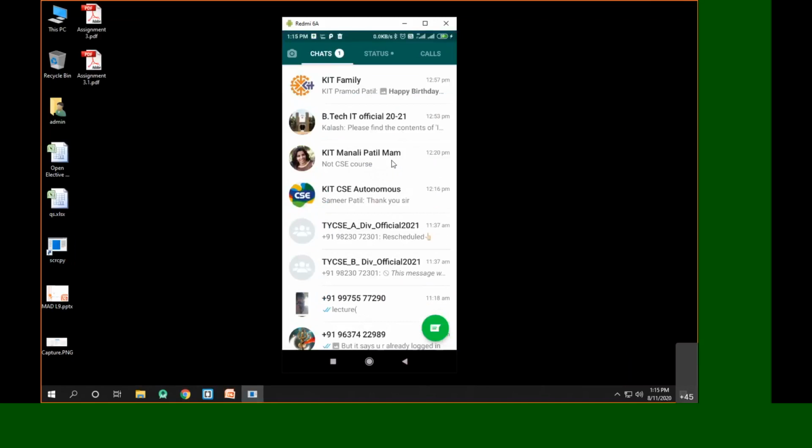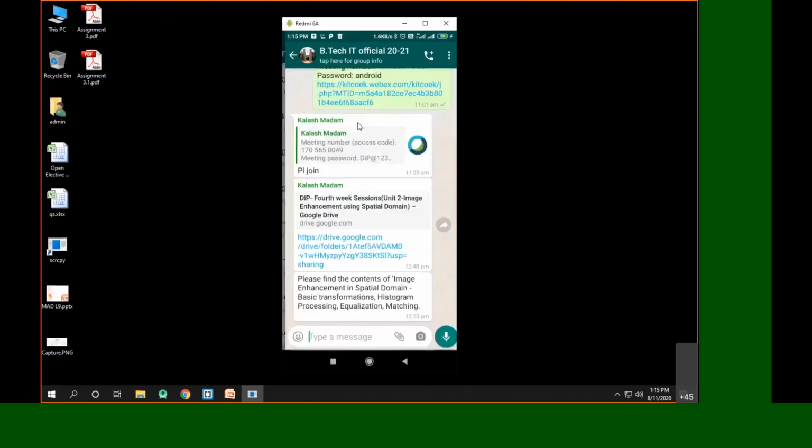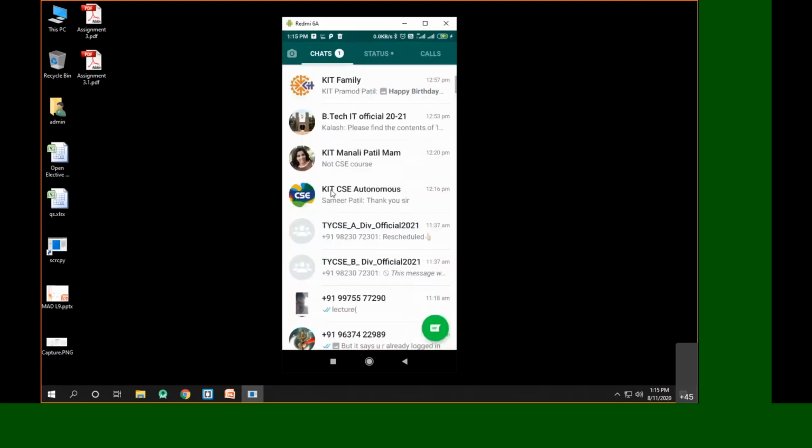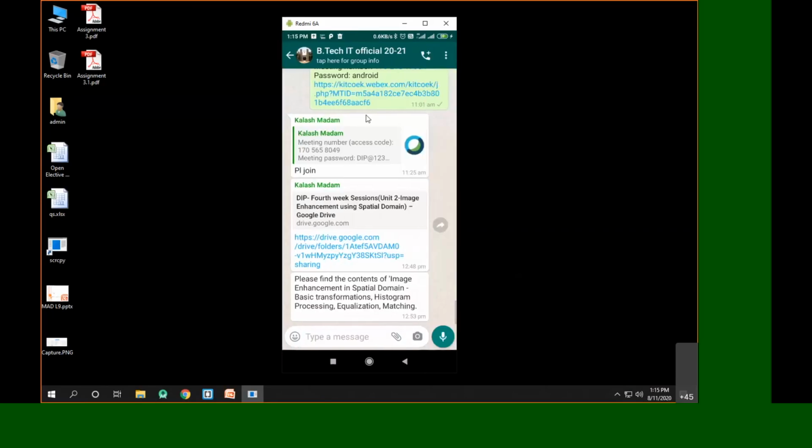This is activity 1, or let's call this activity A. Suppose I click on the BTech IT group. Once I click on it, you can see another activity is launched. This activity is now the chat window. Here we have a list of different chats, and if I click on any chat, it opens a specific chat window.